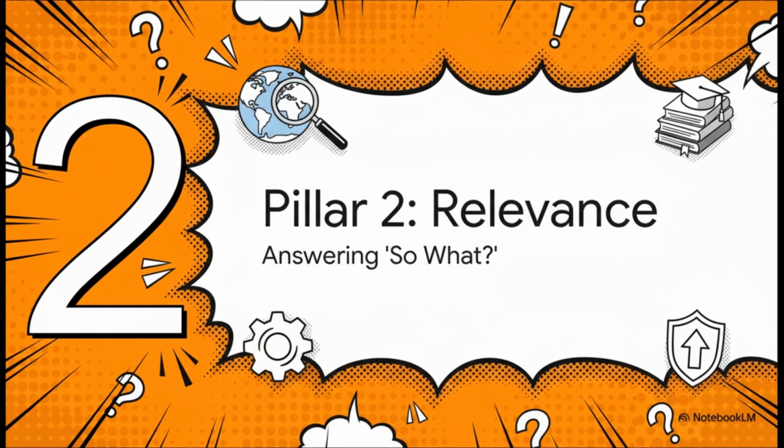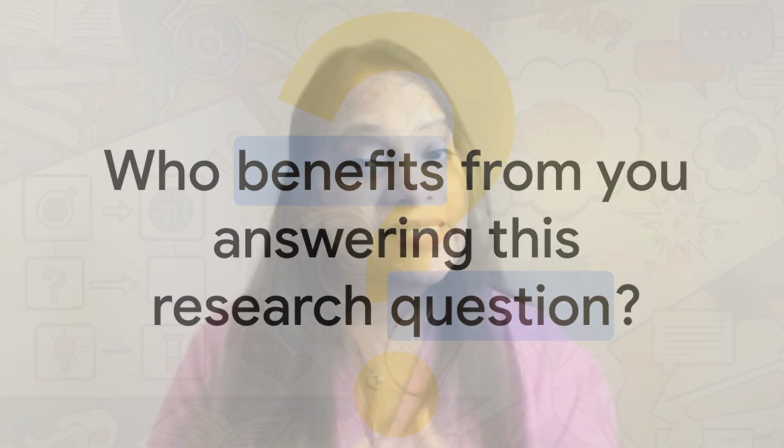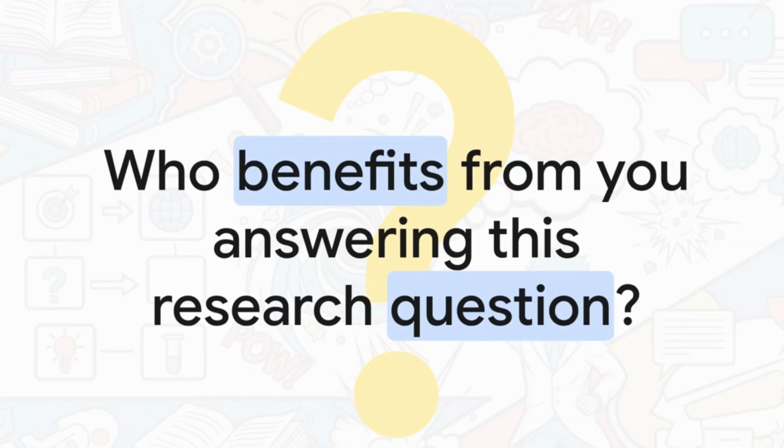Next pillar which I want to talk about is relevance, you know. And this comes down to two simple words, which is so what. So if your idea is completely new, but if nobody cares about the answer, it's a dead end. So you need to be able to clearly say who benefits from your research. Now, what you can do there is you can run your idea through this quick checklist, which is,